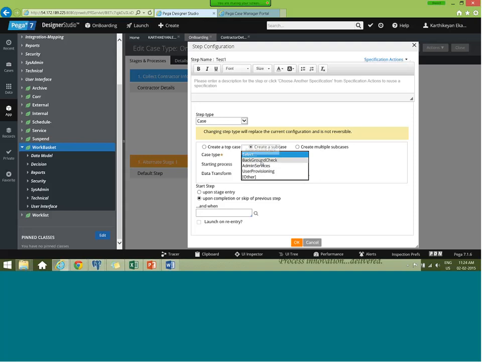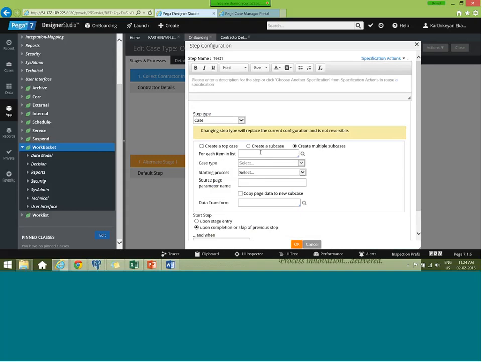So I can mention over here, or to create multiple sub cases you should have a split for each. Okay. So what will happen if you click here and click OK, it adds shapes in your flow, and the flow contains the information you are giving over here.